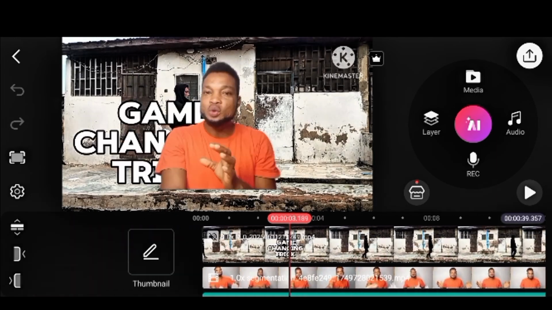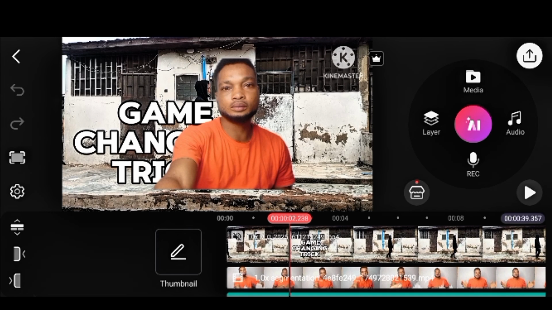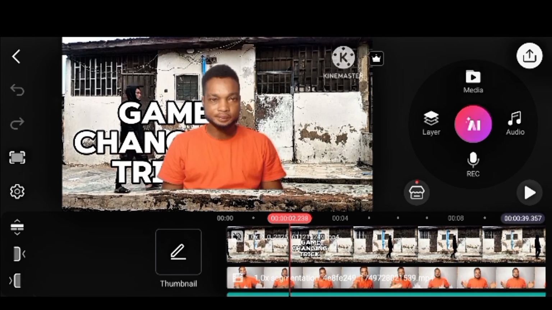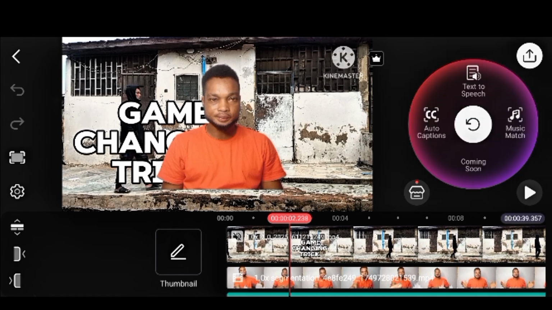You have your beautiful screen here on the top left corner where you see your project looking big, and at the extreme top left you still have some of your tools. Right here at this beautiful circle you have your media and your audio. You can record your audio directly into the software, and if you click at the middle right there, it pops in another dialog box where you can see auto captions, text to speech, and music match,